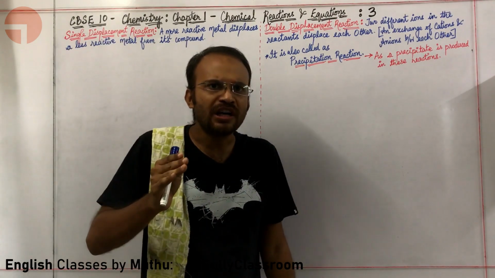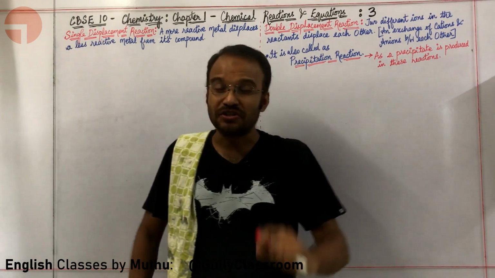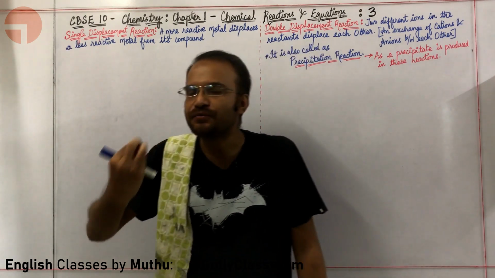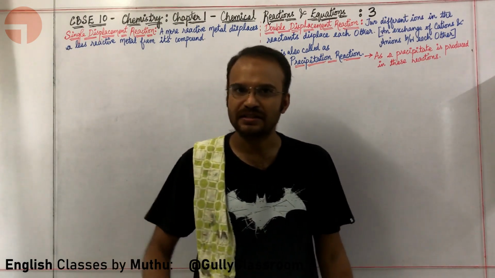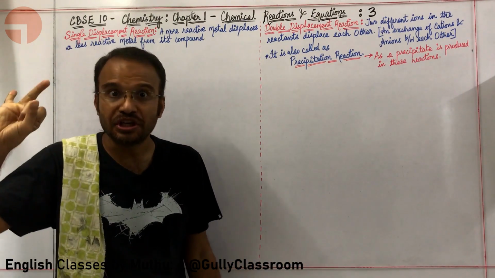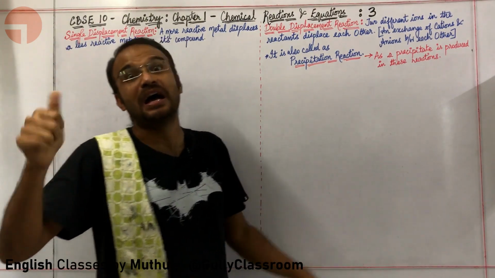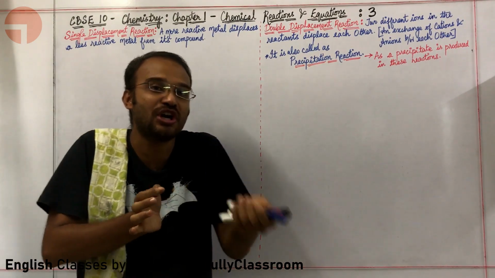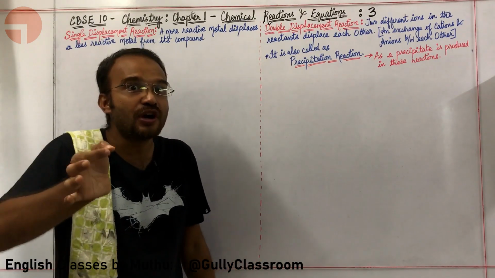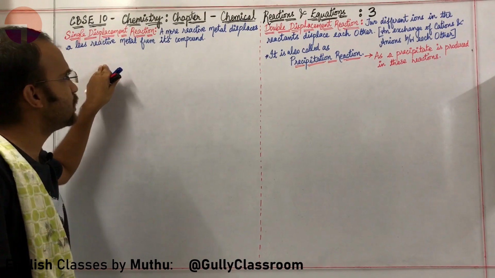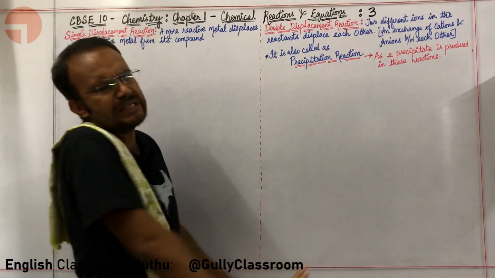Okay, sir. What are we going to study in this particular lecture? In the previous lectures, we have already seen the different types of chemical reactions. What are the 5 different kinds of chemical reactions? They are combination reaction, decomposition reaction, single displacement reaction, double displacement reaction, and finally redox reaction, which is a combination of reduction and oxidation. In this third lecture, we are going to look at what is single displacement reaction and what is double displacement reaction, and then we will look at a lot of good examples.